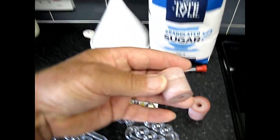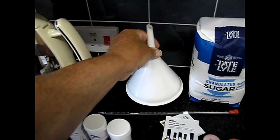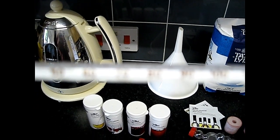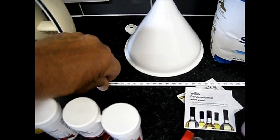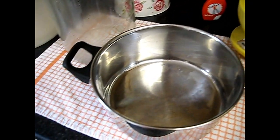Right, got my bungs, my rubber bungs, and my airlocks all ready, and my sugar, and of course you need a funnel. And not forgetting a thermometer. Don't know if you can see that. No, it's not focusing. Never mind, it's a thermometer. It's one of the tools you need in winemaking, and a spoon. Got my scale ready to measure the sugar. Weigh the sugar. I got my pan to boil the